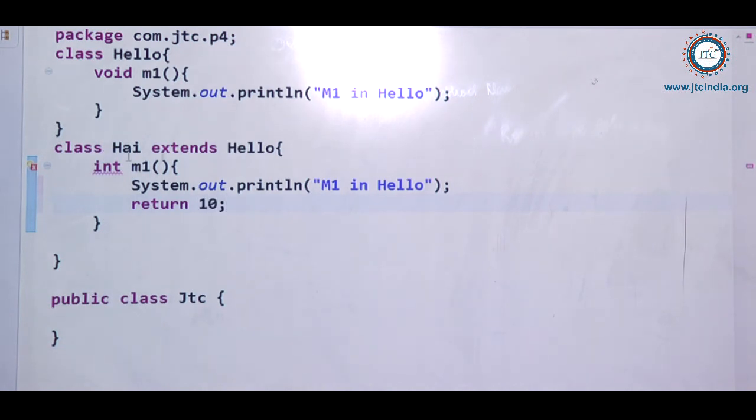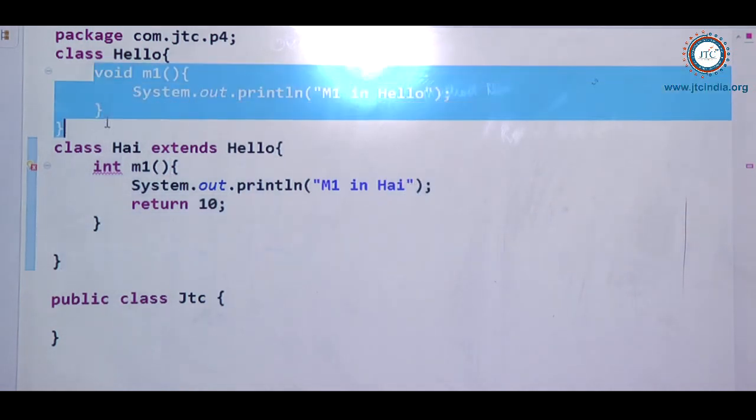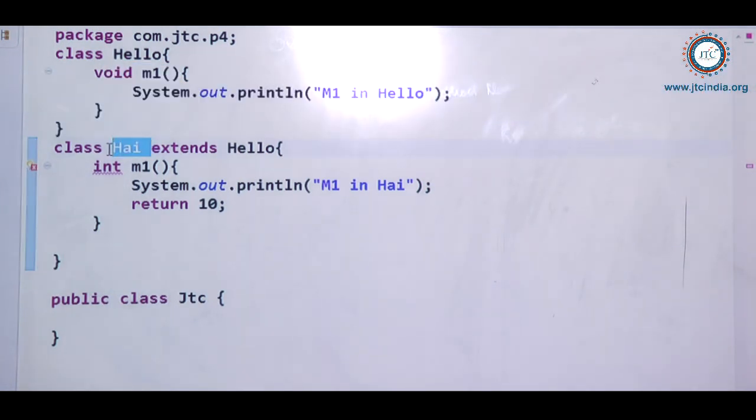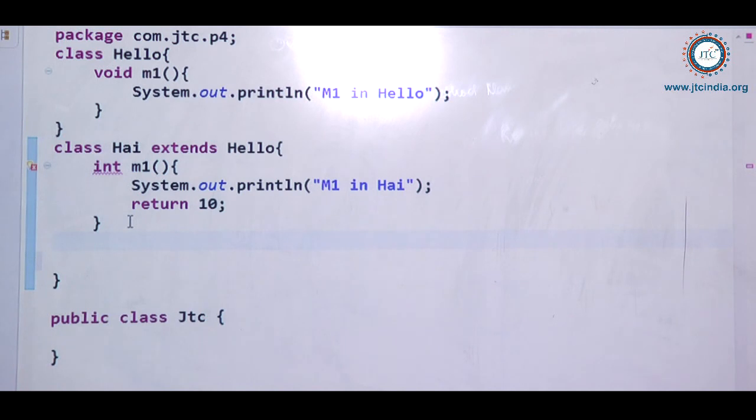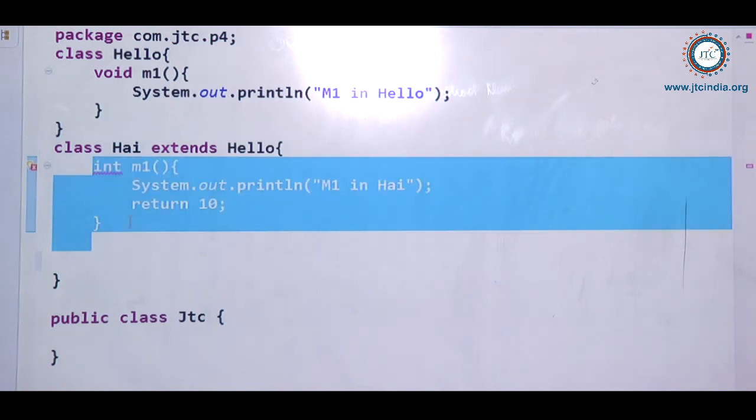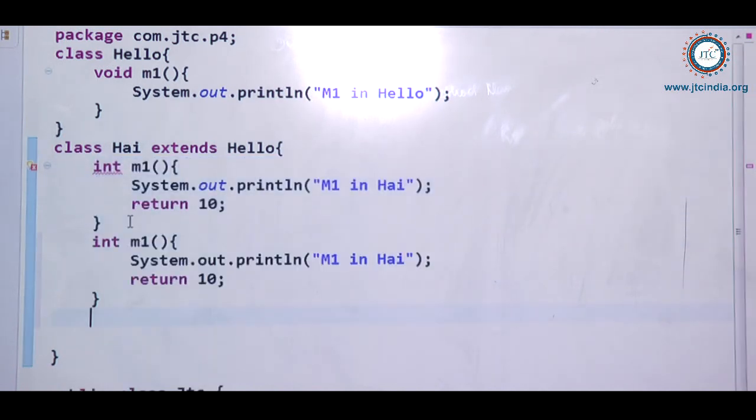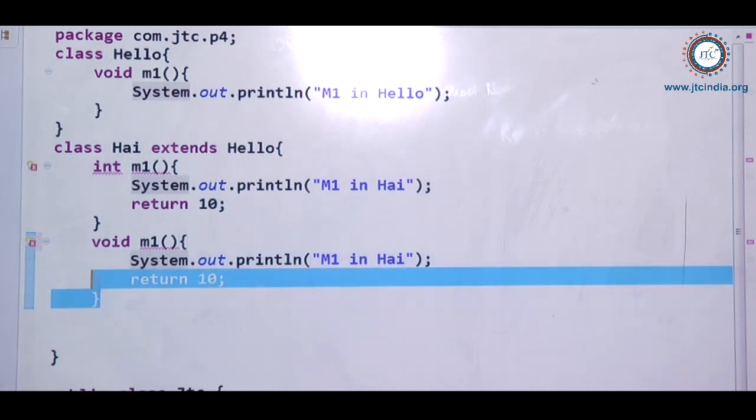It is giving an error because this method is somehow inherited into the class Hi. So it supposes that in class Hi we have two methods: one M1 method without any parameter, which has a return type of int, and the second one, the void. It is behaving like this.